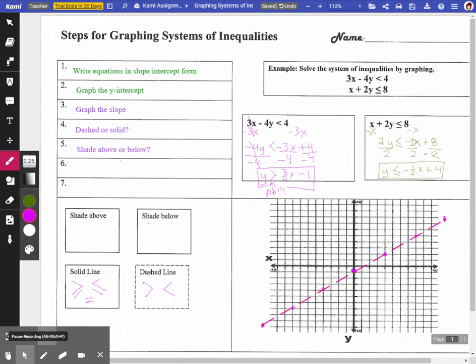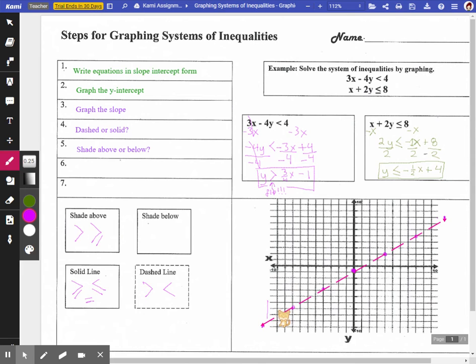So our next step is to shade our inequality. Our actual solutions to this inequality are all of the points either above or below that line, because you're saying that y is everything. In this case, we're saying greater. So above is going to be everything greater, below is everything less, because y is that up and down. So my solutions are all of the y values that are higher than this line. So if y is greater,